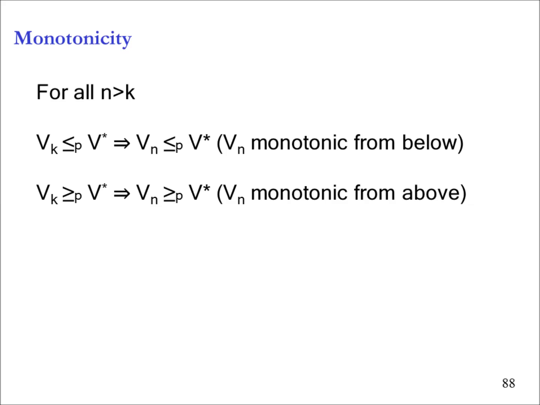Here's another interesting property. I don't think it's that critical anymore, but the point is, if my value function is a lower bound of the optimal, I will stay a lower bound. So I'll keep doing these backups and I'll keep getting closer to the optimal, but I will never exceed it. This is called the monotonicity property. Or I can start from above the value function and I'll keep decreasing it, but I will never shoot past the optimal. Of course, if some states are lower, some states are higher, then they will keep doing this and eventually come back to the optimal.